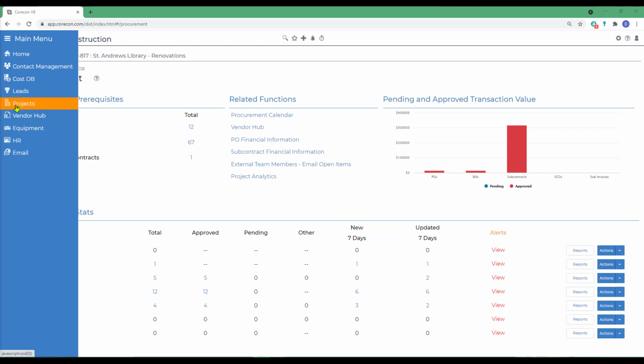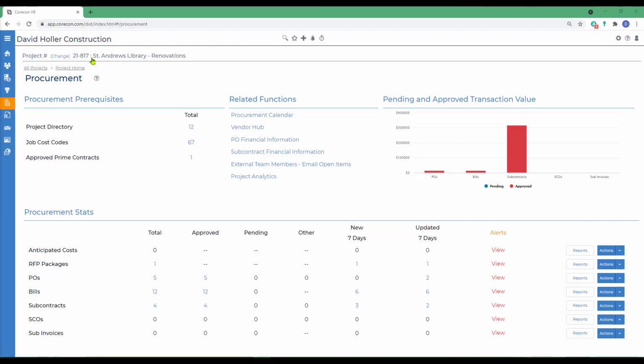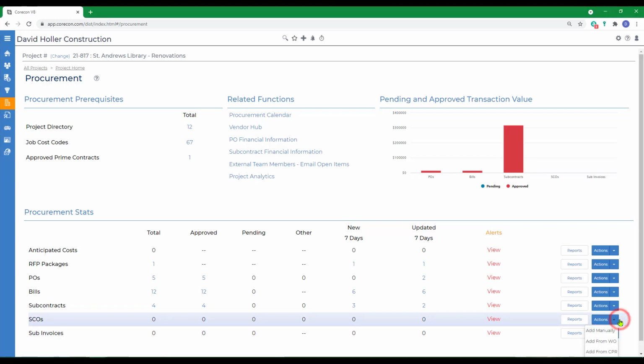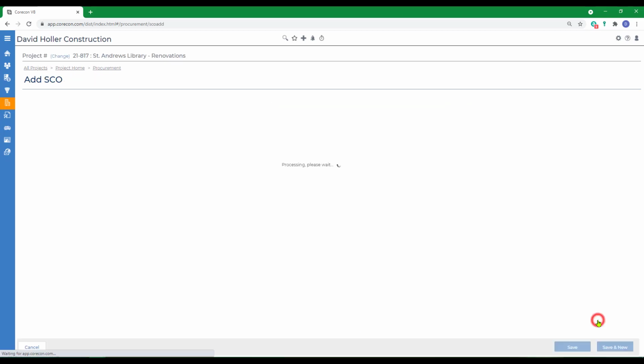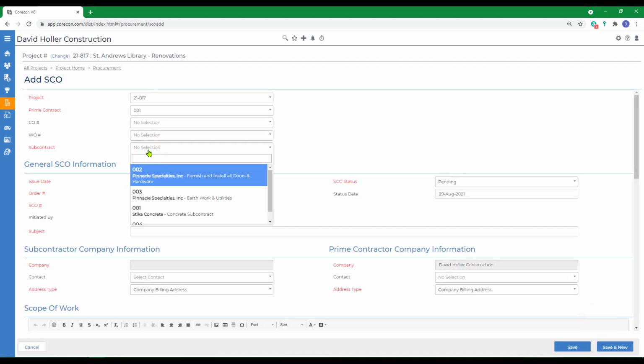Notice from the main menu we've clicked on the Projects option and we are in Procurement, and we've already selected a project. That project has an approved prime contract. We also have a subcontract already set up, and it is also marked approved. Now let's go to Subcontract Change Orders, go to Actions, and we'll use the first method, and that's Add Manually. We'll select the subcontract,